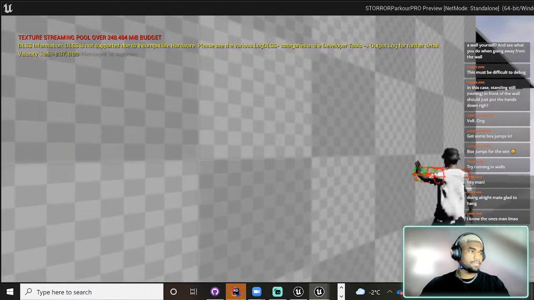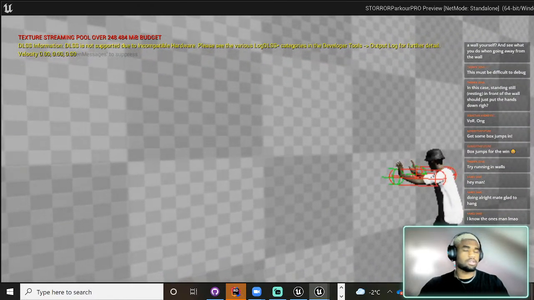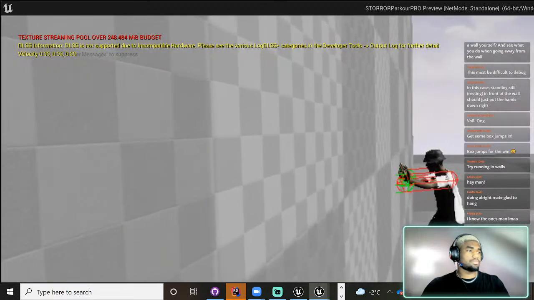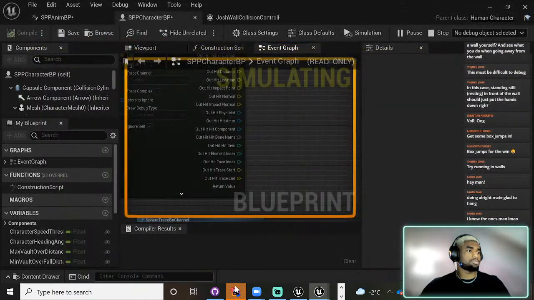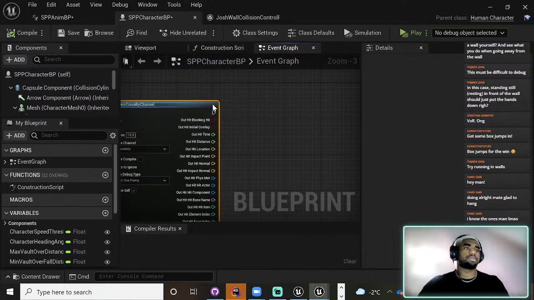So you see that? That tells us what's hitting. Obviously, the hand-eye IK trace is a bit different to that trace, but basically what we're gonna do is basically saying